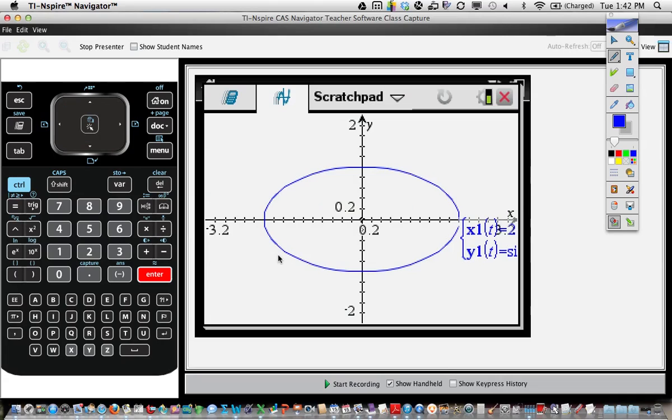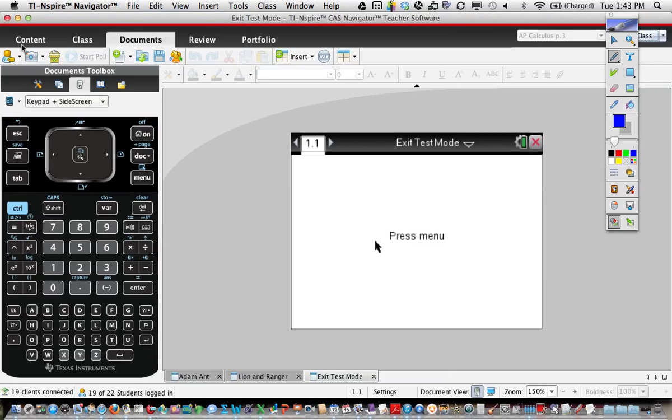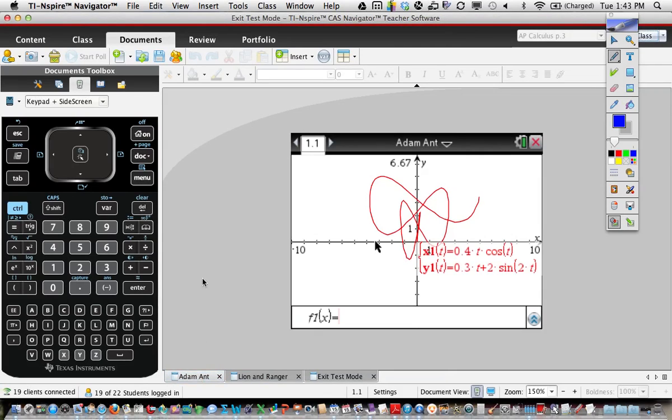There's an ellipse equation. So cosine and sine, since they both go -1 to 1, you get equal radius on both the x and the y. You want unequal radius, that makes an ellipse. You can do all kinds of cool graphs, and on your homework today, we're going to do a parametric equation that has that graph. Right there. Okay, if I can find the